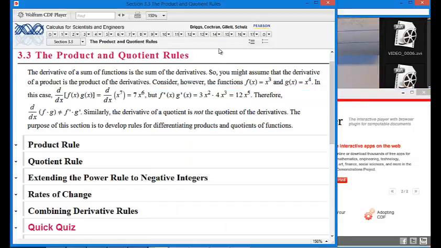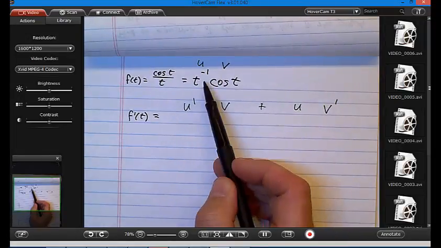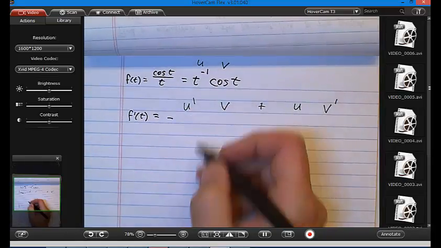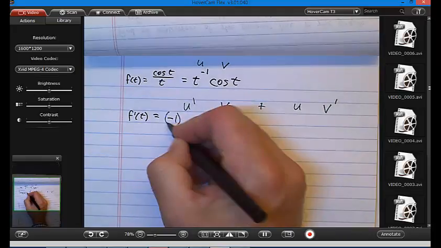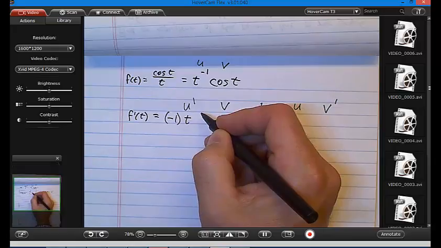Let's practice, guys. What's the derivative of t to the negative first? Negative, because I bring that negative 1 down. So negative 1 times t to what power? What's the next bing? It would be negative 2, right? Because you have to lower it 1. You have to subtract 1 from the exponent. So it's now negative 1 t to the negative 2. And then times v, so I need to write times cosine of t plus,